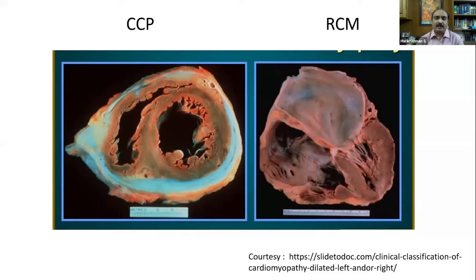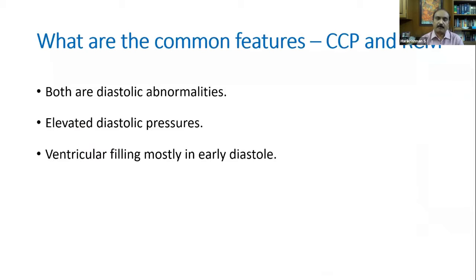Before going to the discussion on hemodynamics, we should understand two things. In constrictive pericarditis, the restriction is at the pericardial level, and in restrictive cardiomyopathy, the myocardium is the problem. The restriction is at the myocardial level. This is the basic difference.